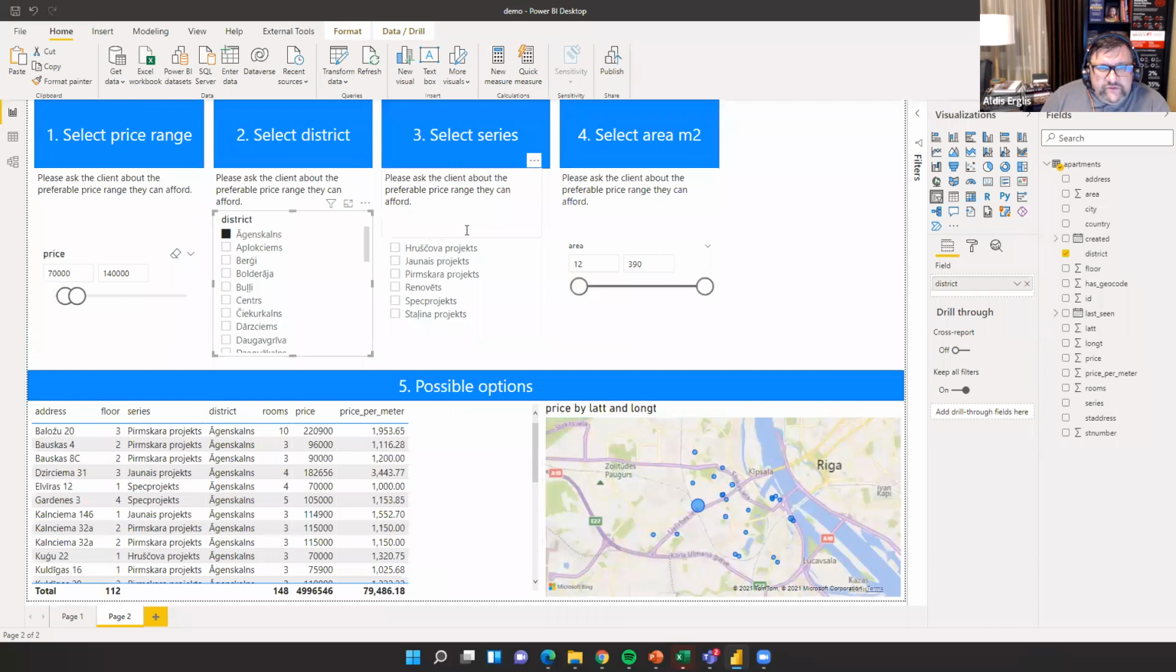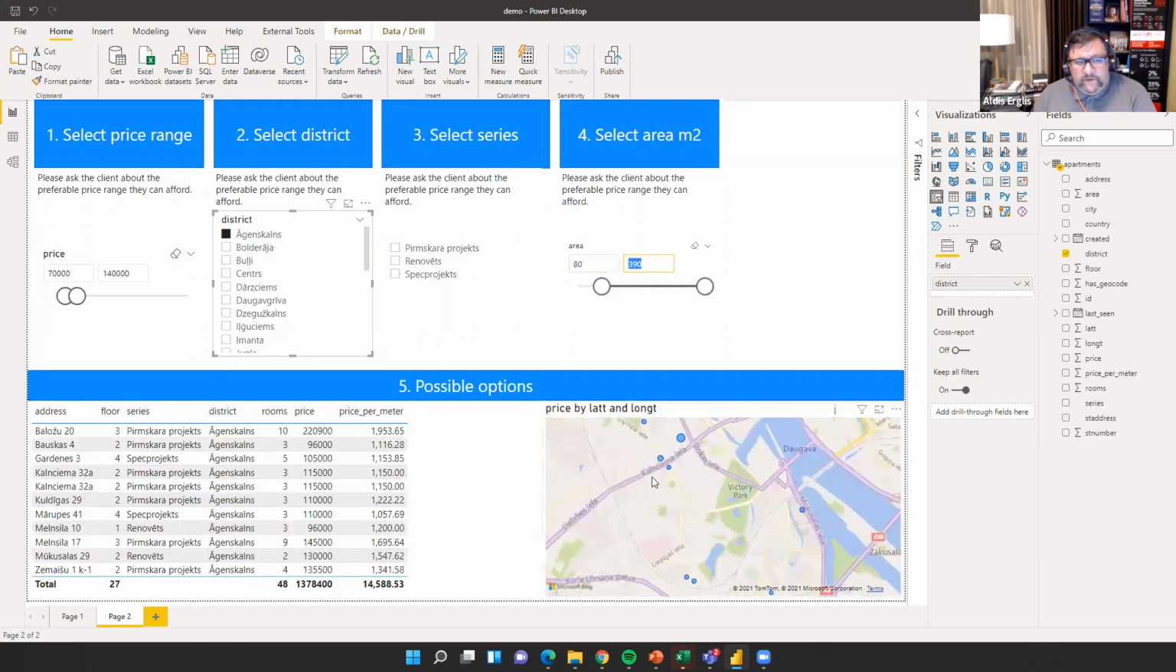What about series? What do you think, should it be new or renovated or special? Oh, client saying, oh, it could be anything. So there's not something very specific. And what about the square meters? There's some things there, and yeah, you say that it should be more than 80 square meters, definitely. That is your thing, and you come to